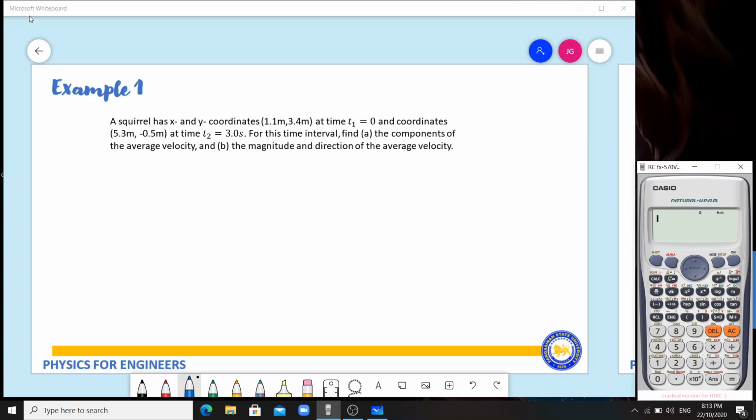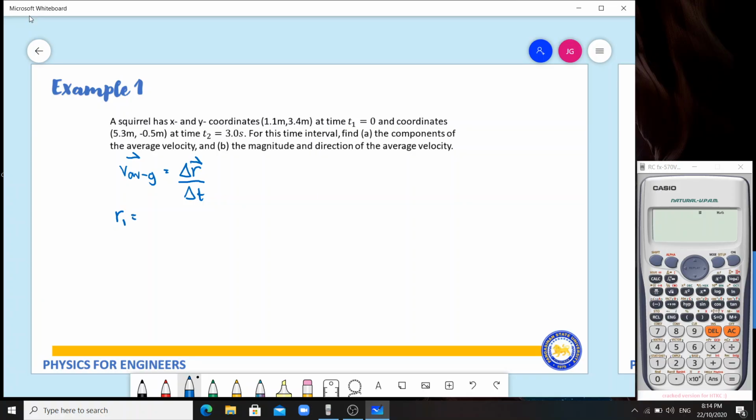Okay, so let's remember first what is the formula of the average velocity. Okay, in terms of x and y, that is x and y or 2D dimension, that is the delta of the r or the position vector divided by the delta of time, diba? So we have here the first